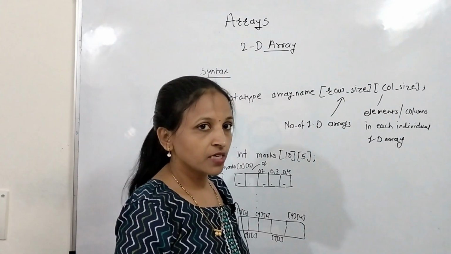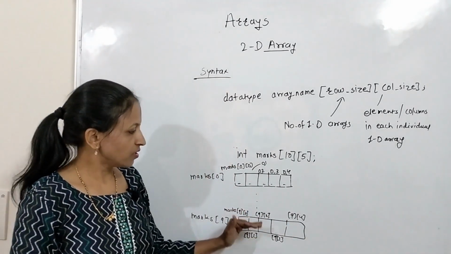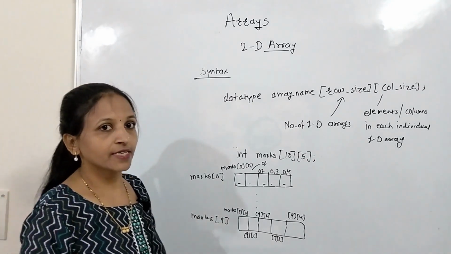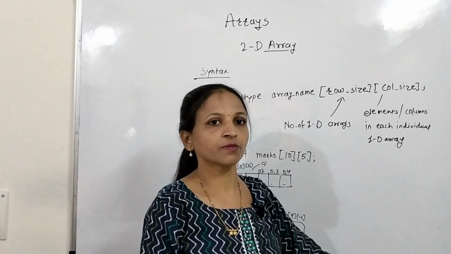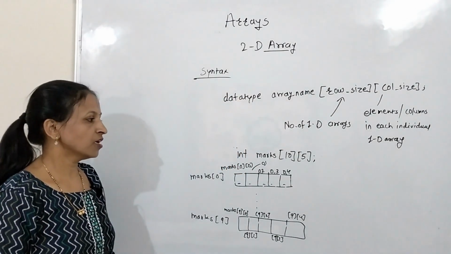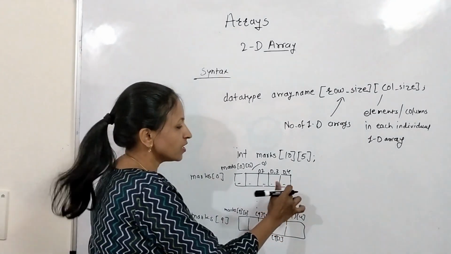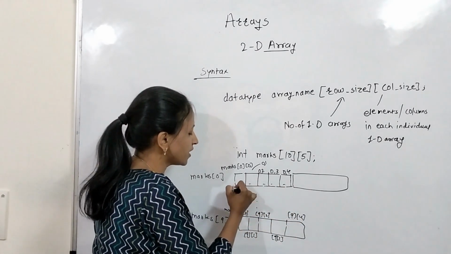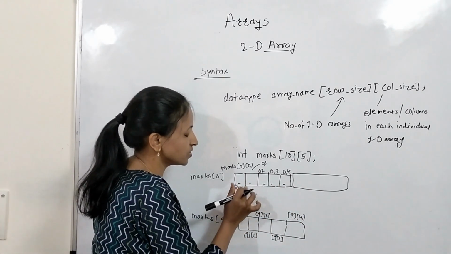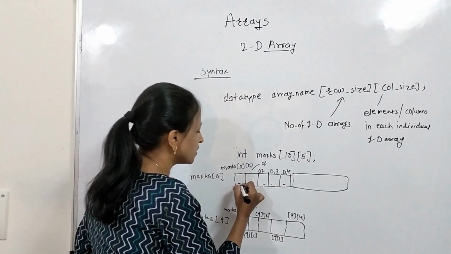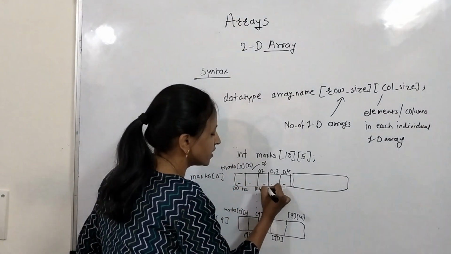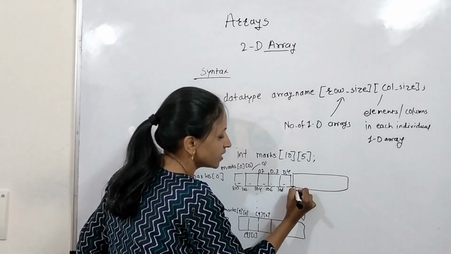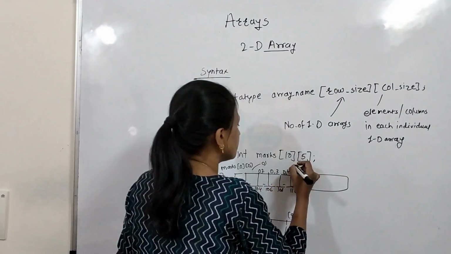Means internally these arrays are not stored like one, then below that the second one, below that the third one, not like that. Internally all the arrays are again stored in a continuous manner, contiguous memory allocation will be there. Means internally the first array will be stored here, then after that the second array connected with that. Okay, means here let the address be 100, then here 102, considering one element is taking 2 bytes. That's why here 102, 104, 106, 108, and the next array has initial address 110, and this one is marks of